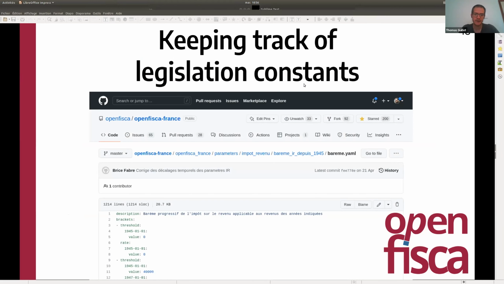Here is a screenshot of GitHub for one specific thing we call a parameter. So it's the marginal tax rates for the income tax. And people can write those values in YAML files.